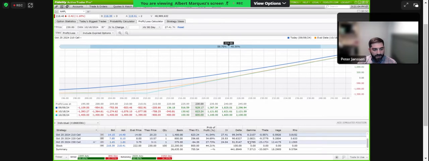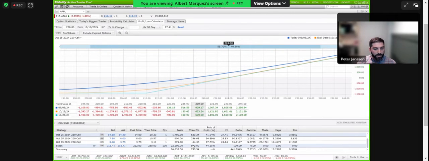So some of you in the audience might say, well, Albert and Peter, I'm looking at that theoretical profit loss. And I mean, which one made the most money? Well, $800, the stock position made the most money. I don't have to worry about a stock position ever expiring as long as Apple doesn't go bankrupt, knock on wood. I can just hold these shares in perpetuity. And all of those arguments or justifications would be perfectly sound.